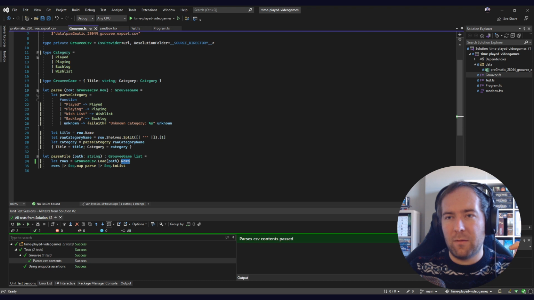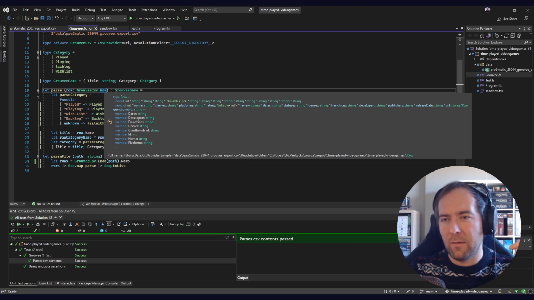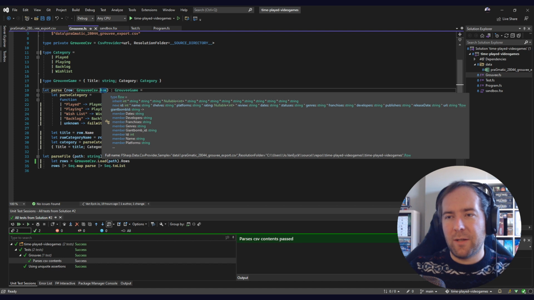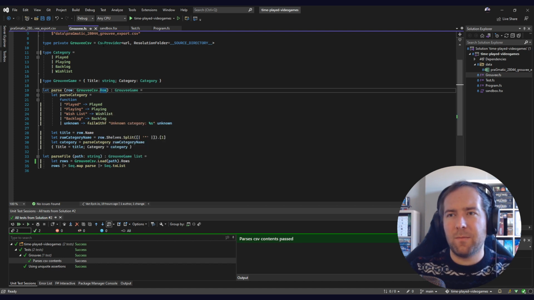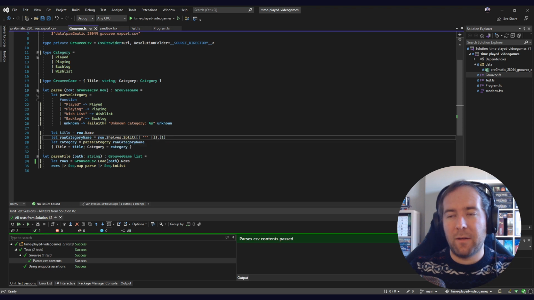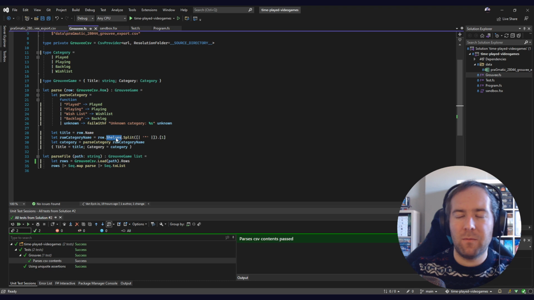And if you look at what we do with every row in that file, so we map over the rows here, you see that we have this Groovy CSV.row type. And if you look at the properties it has date, developers, franchises, genres. So actually this CSV provider generates the types based on the headers of the CSV file. So we can access the data in a CSV in a somewhat strongly typed way without having to write any types ourselves, which is